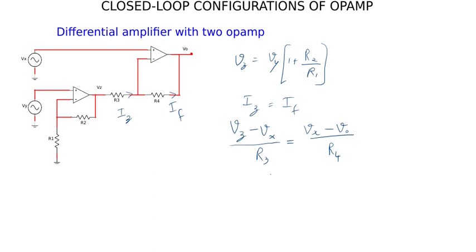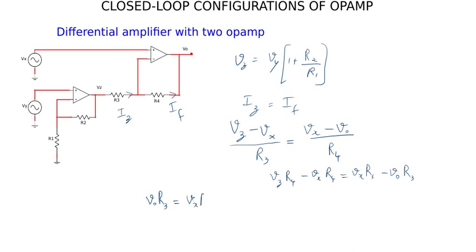So we get Vz times R4 minus Vx times R4 is equal to Vx times R3 minus VO times R3. So we need to have an equation with VO on the left hand side. So we take the VO R3 to the other side. So it's going to be VO R3 equal to, take the other terms on the left hand side to the right hand side. So you get